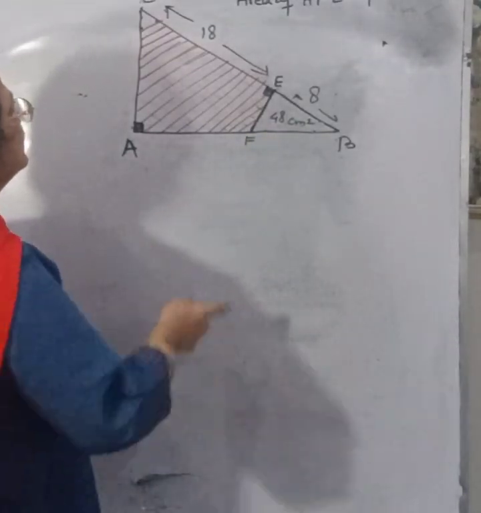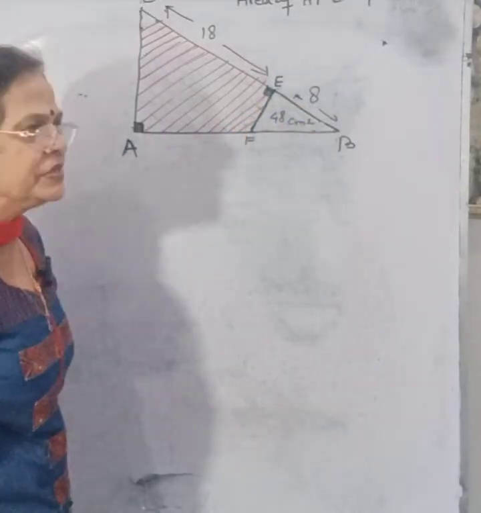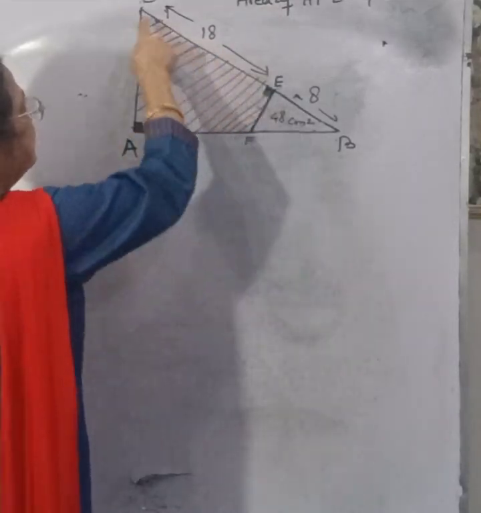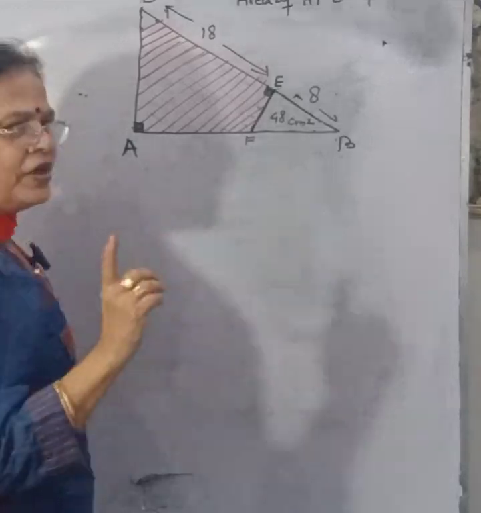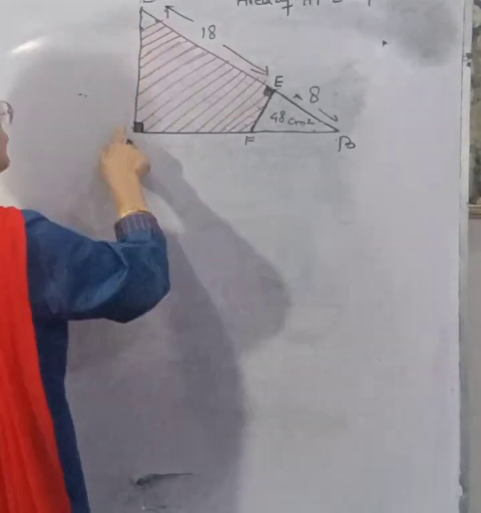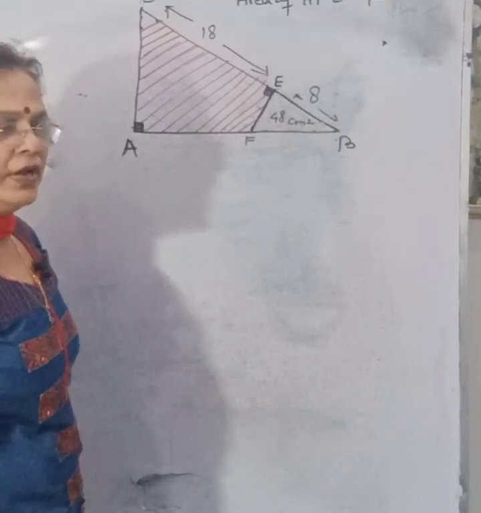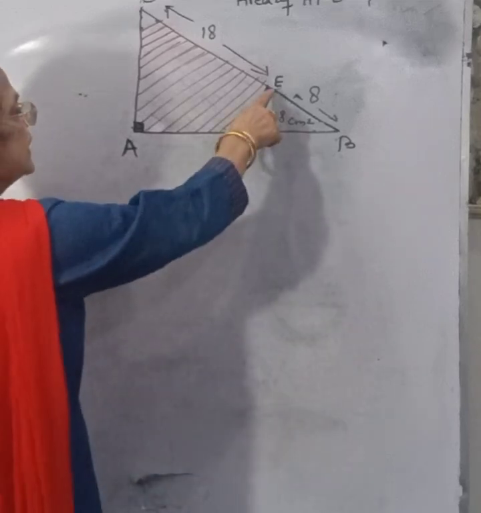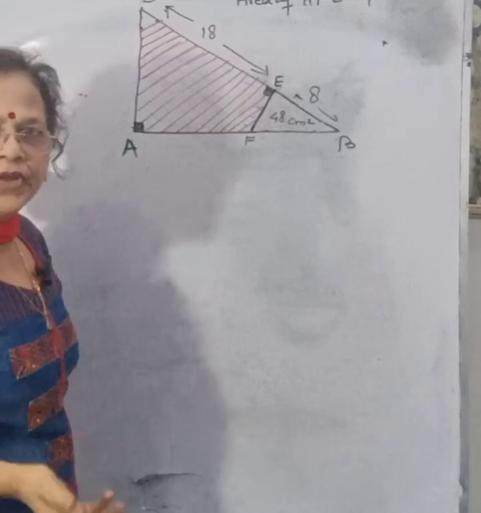Three readings are given to us. This is 18, this is 8 and this area is 48 square centimeter. We have to find the area of this red region, CAFE. In order to do this, our aim should be that first of all we have to find the area of this big right angle triangle and then subtract the area of this portion so that we can obtain the area